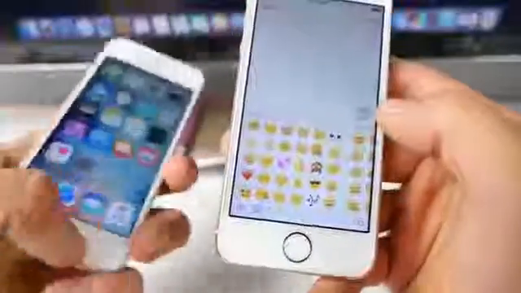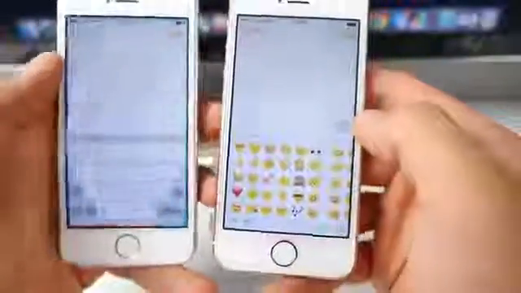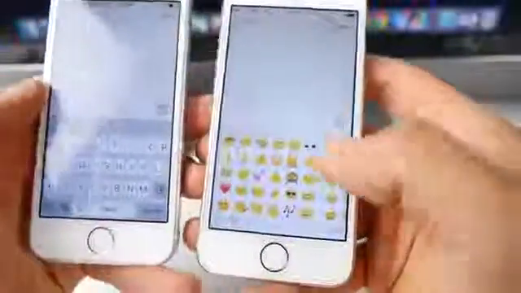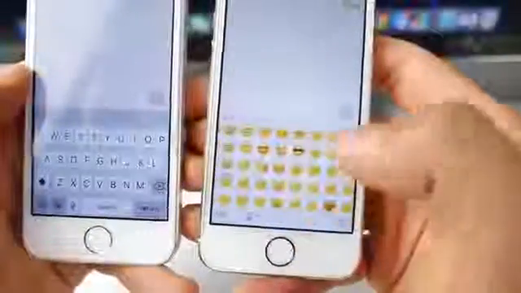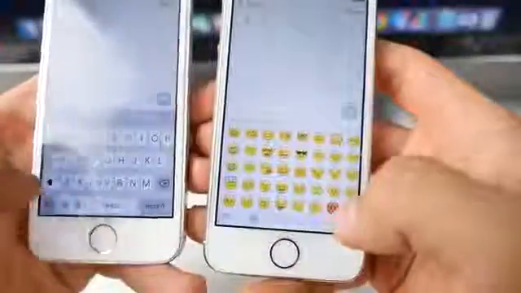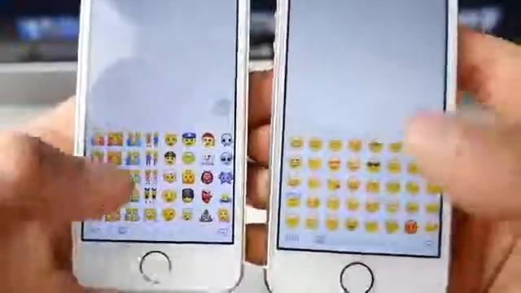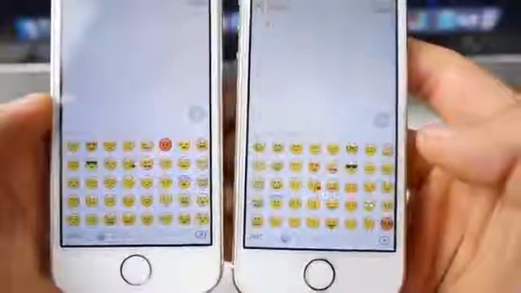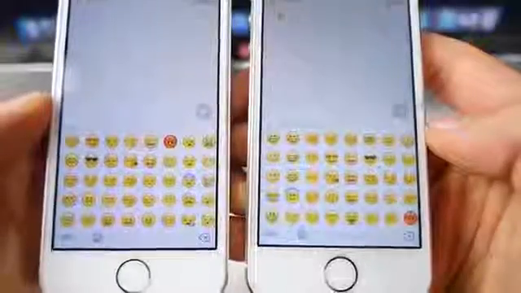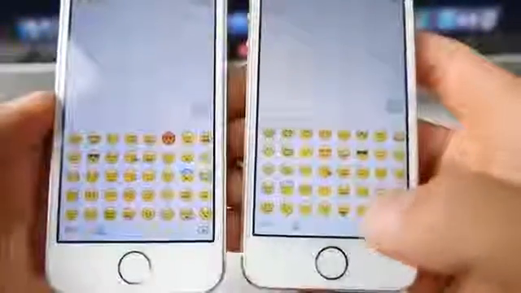So let me go ahead and put these guys side by side to give you a little example of some of the new ones. And there's a new funny money face emoji. Where is this guy? Should be right here. I thought that was really funny. There's so many cool ones in here. Let me try and get in as close as possible. I'm just gonna skim through this real quick to let you guys know what's new. As you can see, it's been reorganized for some of the older ones, but there are some new ones in here as well. So that money one,